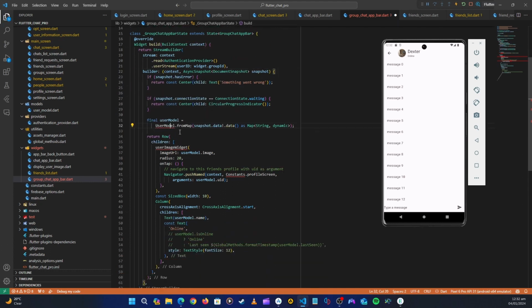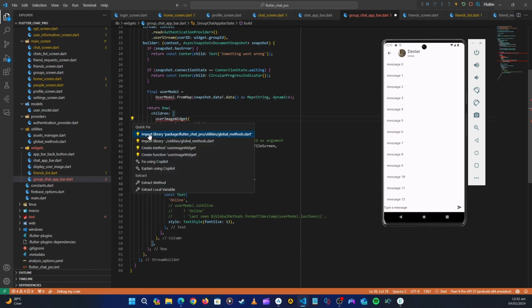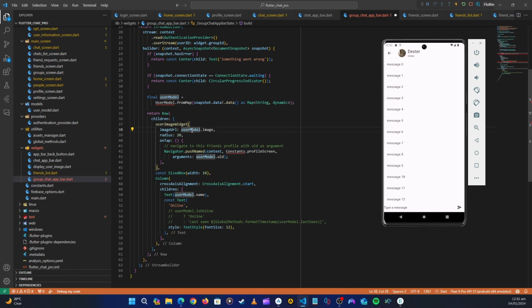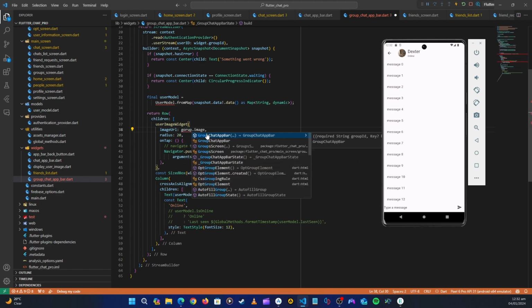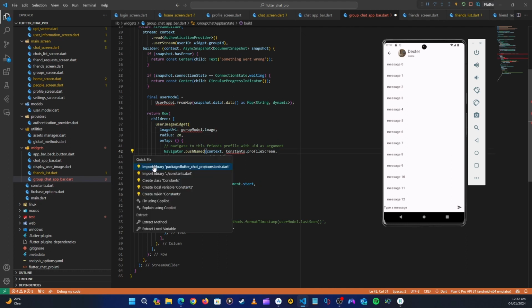So okay, that's the thing, we don't have the group model. Okay, we have to create it, because here we are getting the user model. So we need to create the group model. So for now let's first import this. So this is going to be group model dot image. Okay, so group model dot image, and then here instead of